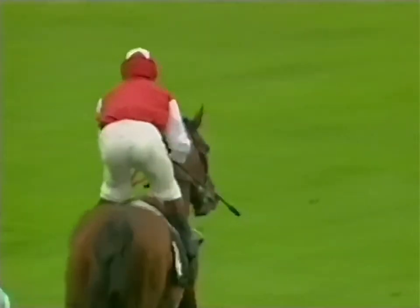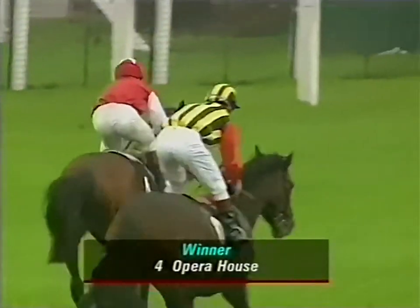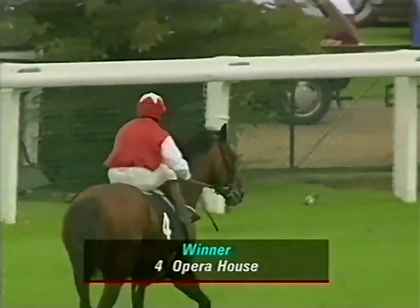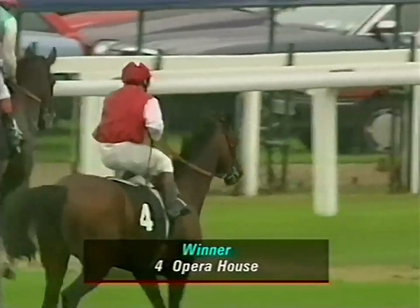And so the result of the 1993 King George VI and Queen Elizabeth Stakes. First, number 4, Opera House, owned by Sheikh Mohammed, trained by Michael Stout and ridden by Michael Roberts, and it's a photo for second place